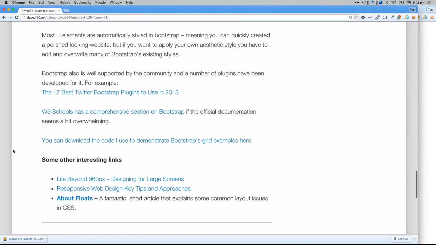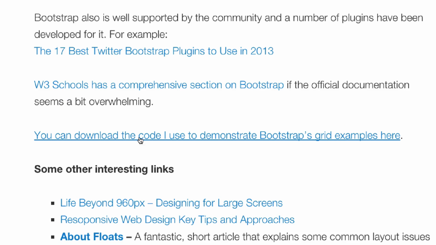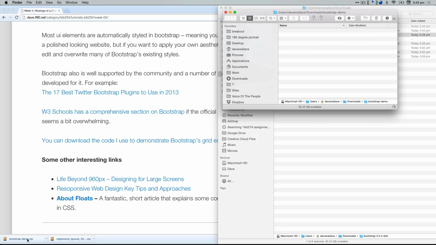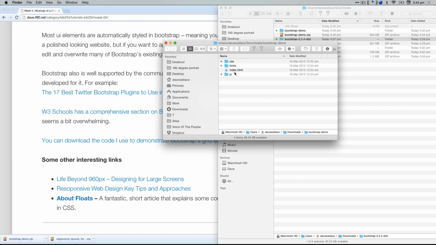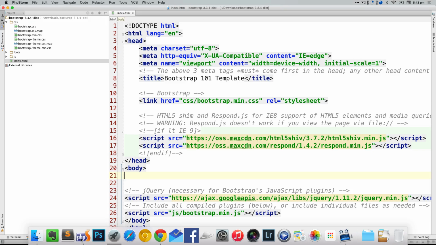There's another file which I've got at the bottom of this initial post which says you can download the code I used to demonstrate Bootstrap's grid examples here. Now this again is simply just the Bootstrap starter files that we already looked at, plus the basic index.html template, but then on top of that I've also included, if I just open these up here,